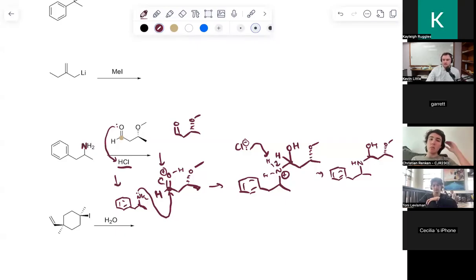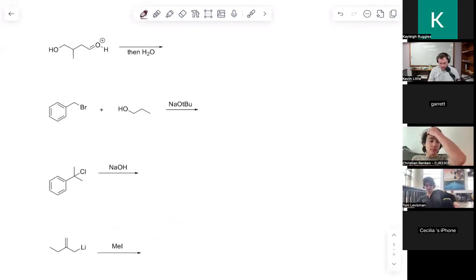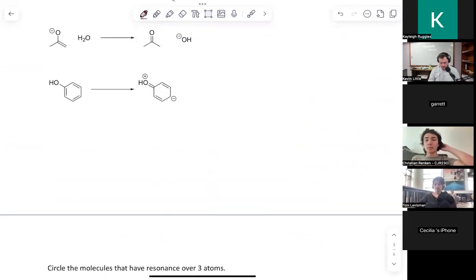Yeah, that's an interesting question. It doesn't hurt to draw them. You notice I didn't draw the Cl minus here, even though it's still there. I didn't draw it until I needed it, is kind of the convention. If it has carbon in it, then we typically draw it, unless it was like an acid or base and it's out of the equation. Like notice with eliminations, I don't really draw